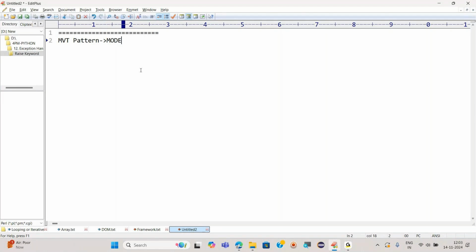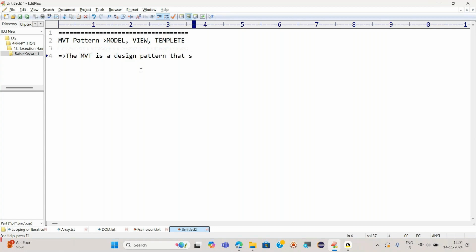Model, view, and template. Model view template. Now, what is this model view template? The MVT is a design pattern